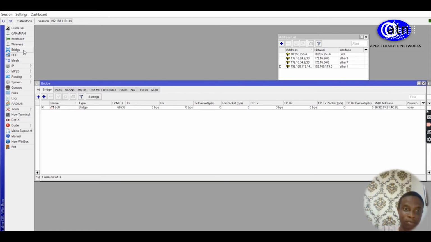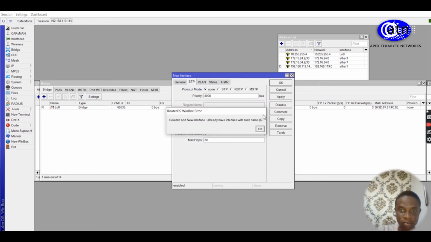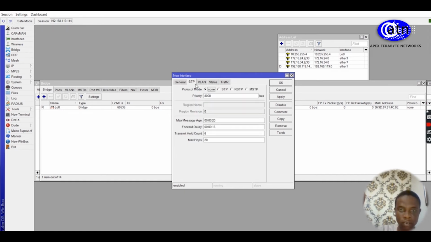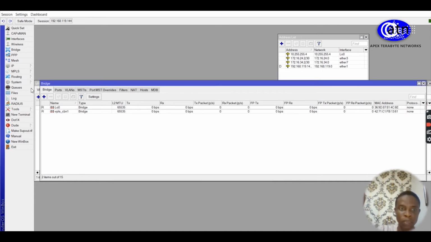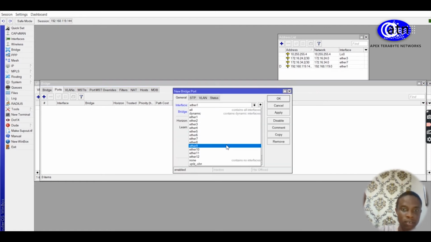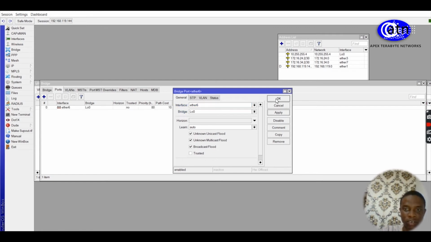Then go and create a bridge and name it VPLS for CBN. Select as none. Sorry, let me say CBN1. Apply. Then I'll add the ports that participate in it. That's port 6, the port connecting to the clients. It can be a VLAN port as well. So I'd like to bridge it with